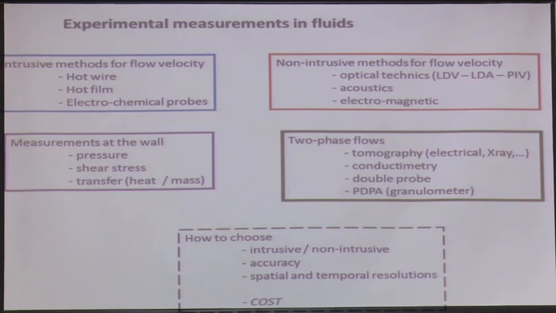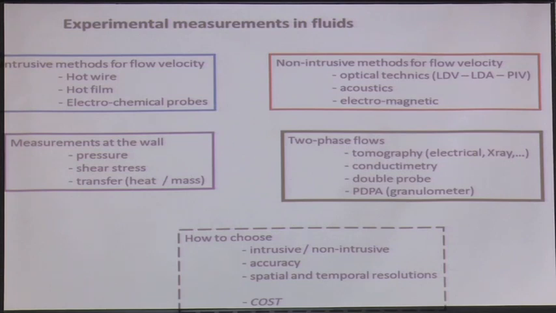So you need some information about velocity, pressure, but you may want also to measure some fluxes, like for example, if you have heat and mass transfer, you want to measure what is the flux of heat, what is the flux of mass. You may want to measure the concentration. If you have a mixing device, you inject some concentration of a tracer, for example, and you want to see how it will be mixed. So you have to evaluate the temporal evolution of the concentration at some point or within your container.